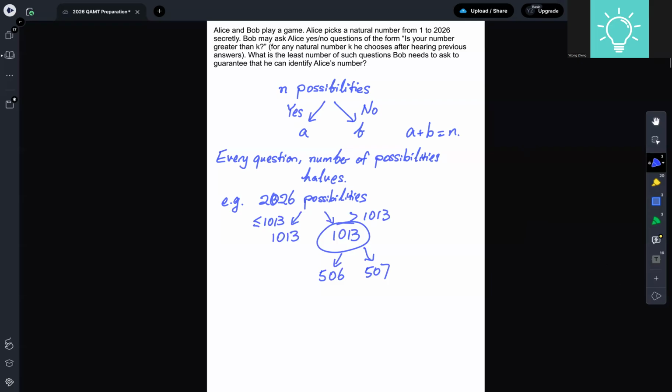Can't make them exactly even. And of course, Alice can answer in such a way that our possibilities narrow down to this bigger number, but that's okay because we can still halve it. We get to what? 253, 254, and we can keep going,